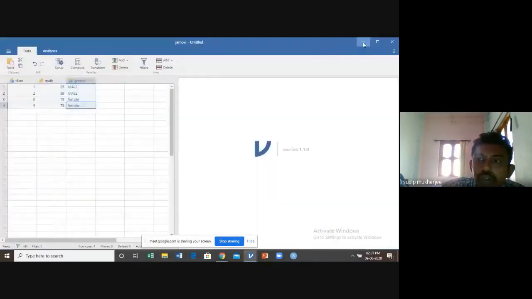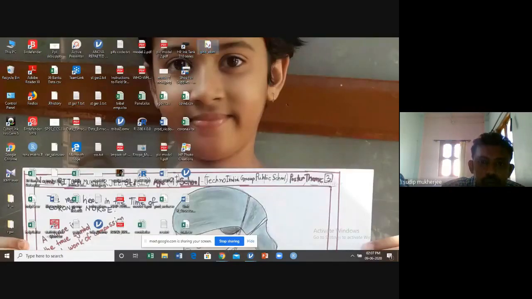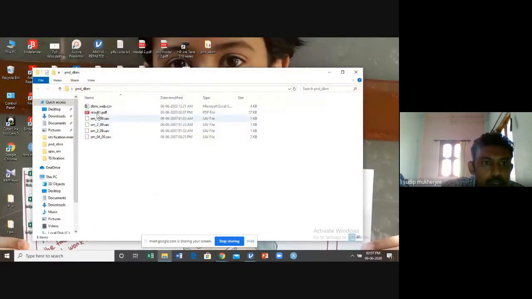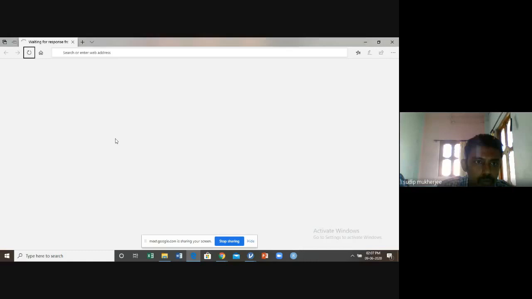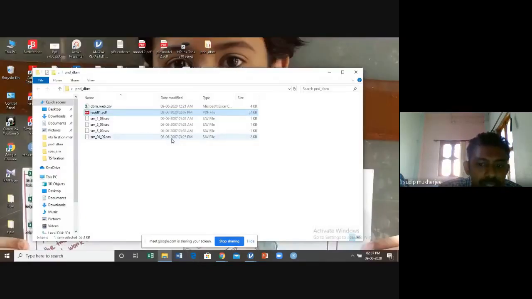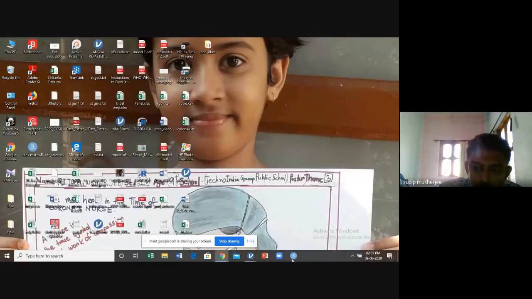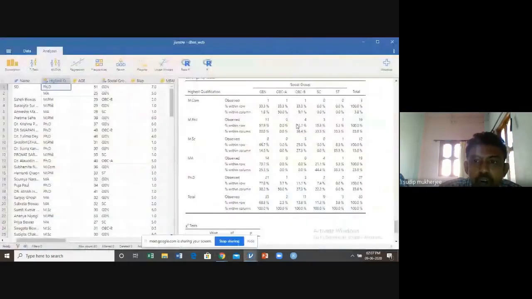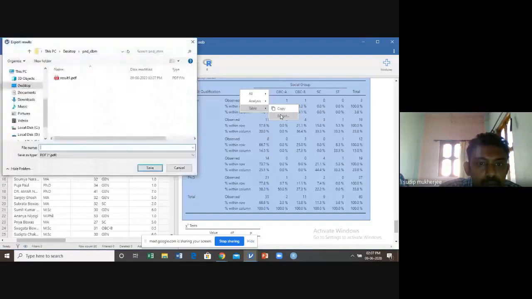So automatically, I just show you. The result PDF is here. Automatically this is a PDF. You can select the entire sheet and make it a PDF. No problem. You can save it in a Word format, or you can save it in an Excel format also. You can save the format of your interest. You just export. Here is the option.